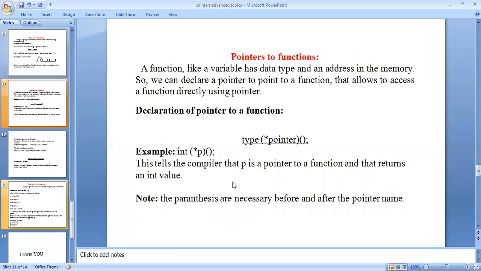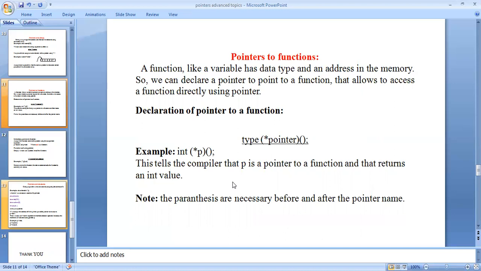Pointers to functions. A function, like a variable, has a data type and an address in memory. So we can declare a pointer to a function. It means that individual elements can be declared in the pointers.